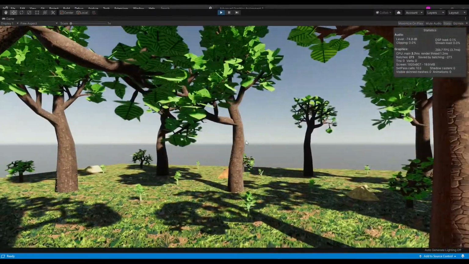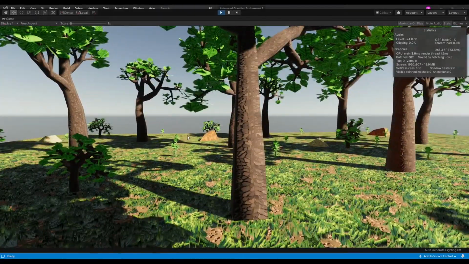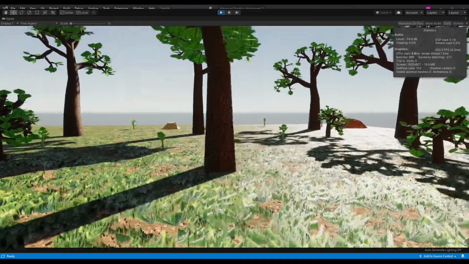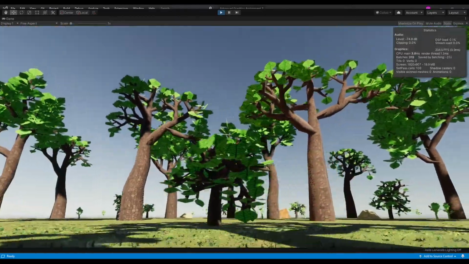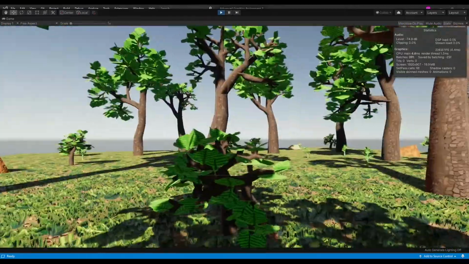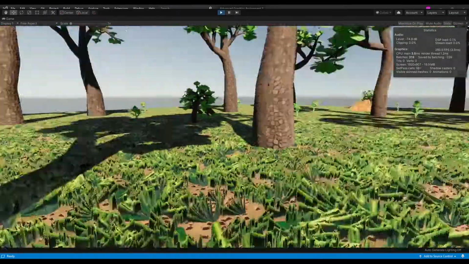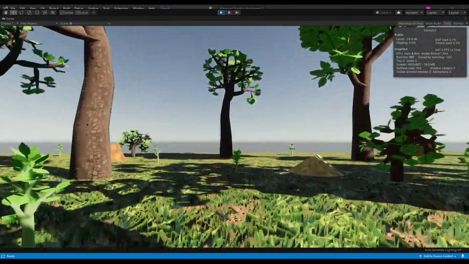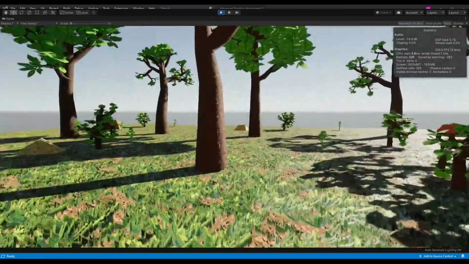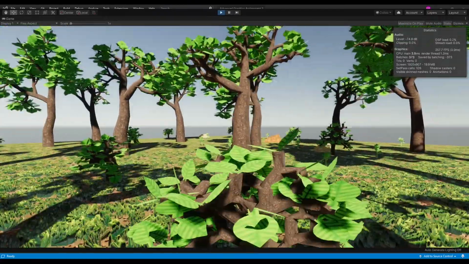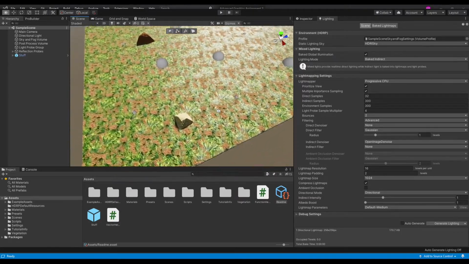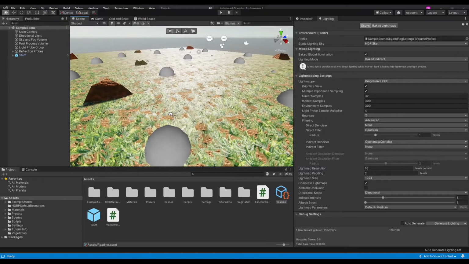And this is what my scene looks like. As you can see, there's these small plants and there's these bigger trees. There's some rocks scattered around, and there's a grassy landscape. I like it. Now, if you pay attention to the scene view, you'll notice that I've got these spheres instead